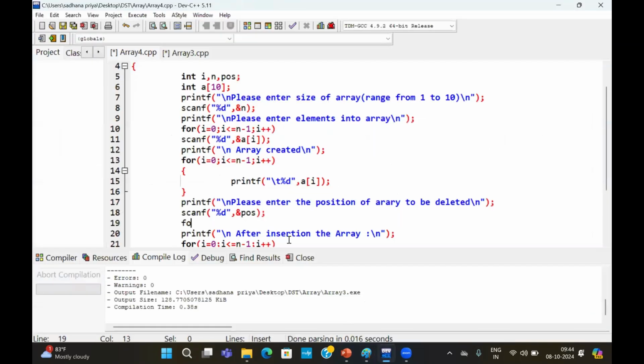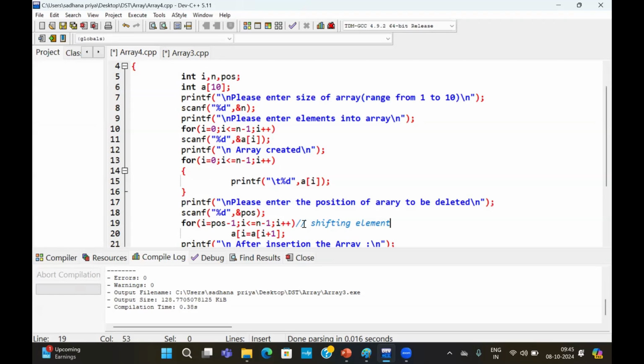As I have already explained, two things we have to do. We have to shift the elements into the previous position, then the size should be decreased. So here we write: for I equal to position minus 1, I less than or equal to n minus 1, I plus plus, A[i] equal to A[i+1]. This is for shifting elements into the previous location.